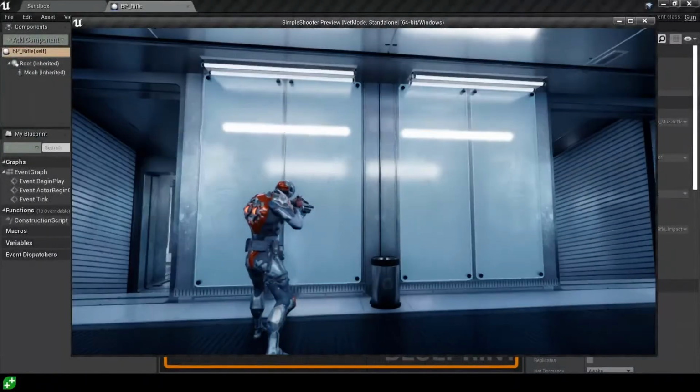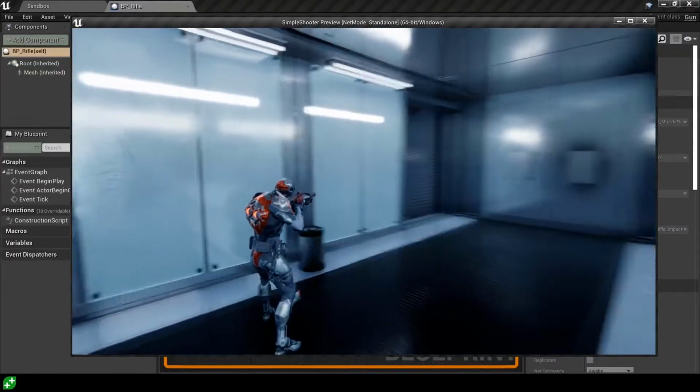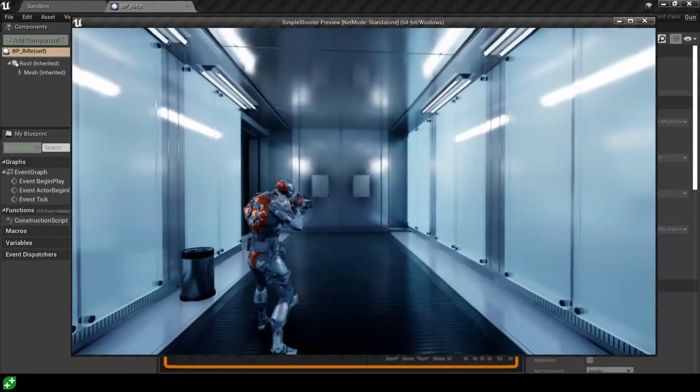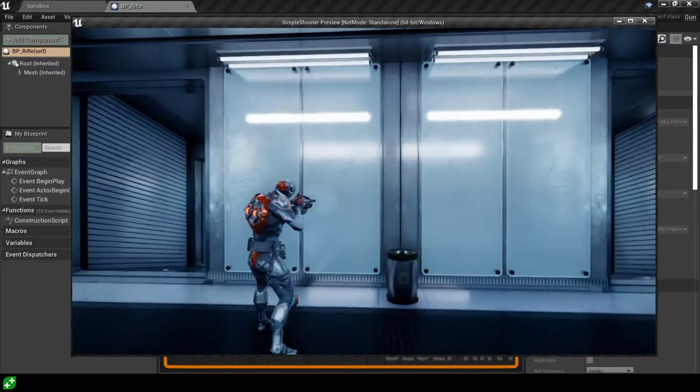Hello and welcome. In this lecture, we are going to be making sounds. So we'll have a muzzle sound and we'll have an impact sound. Let's dive in and see how we're going to do that. In the process, we're going to learn how we can attach sounds to other components so they move with them,